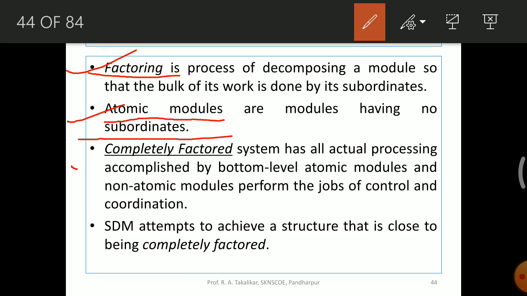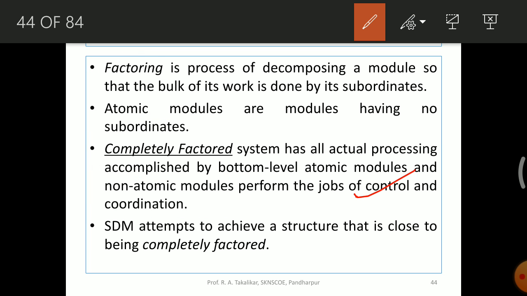One more important term: completely factored. The completely factored system has all actual processing accomplished by bottom level atomic modules only. Means a completely factored system will have the atomic modules at the bottommost level. Atomic modules are those which do not have further subordinate modules. So these atomic modules will perform all the actual processing, right? And the non-atomic modules, meaning the modules which have subordinates, perform the job of controlling and coordination.